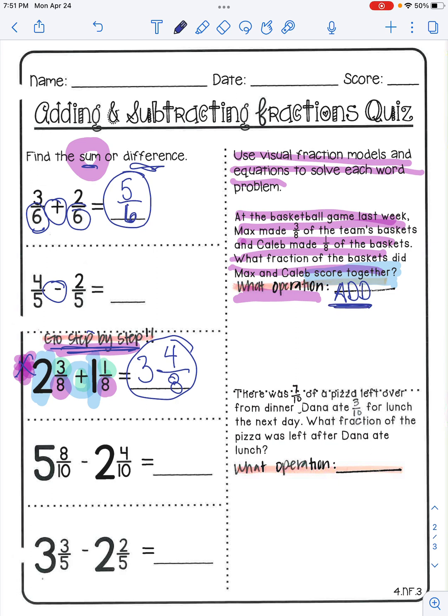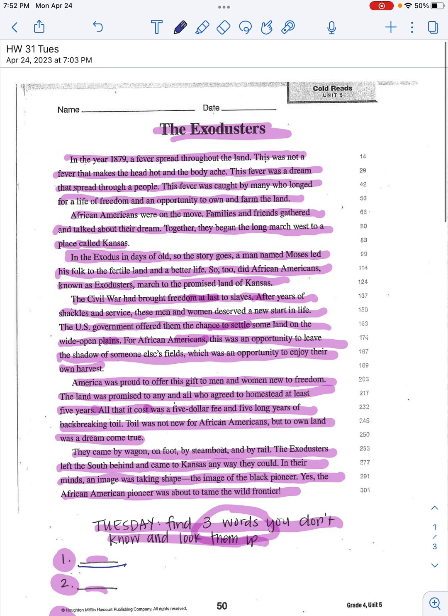Okay, so you're going to add those fractions. We have 3/8 plus 1/8. Remember your denominators stay the same, so that's 8. And you're going to add 3 plus 1. So what is 3 plus 1? That is 4. So 4/8 is the answer. Don't forget to put what operation it is. Okay, so that is 4/8. That is going to be your homework, boys and girls, for Tuesday.